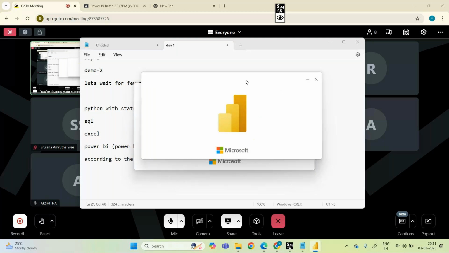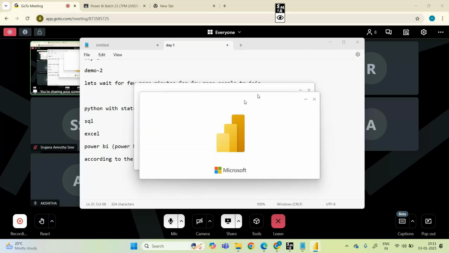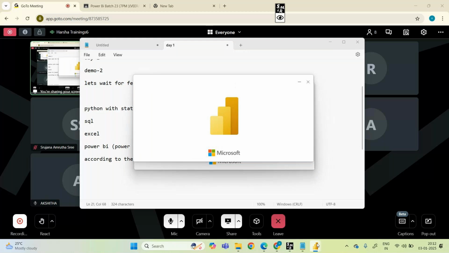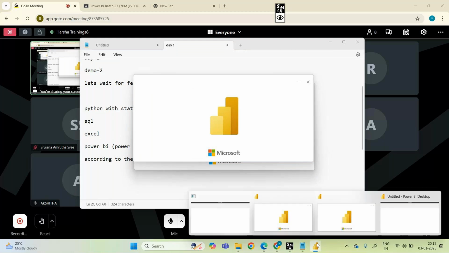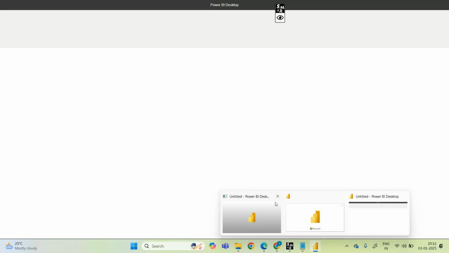I'll show you how the interactive reports and dashboards are created here. It is opening twice, but no worries. See, it looks like this. This is the desktop part, guys.